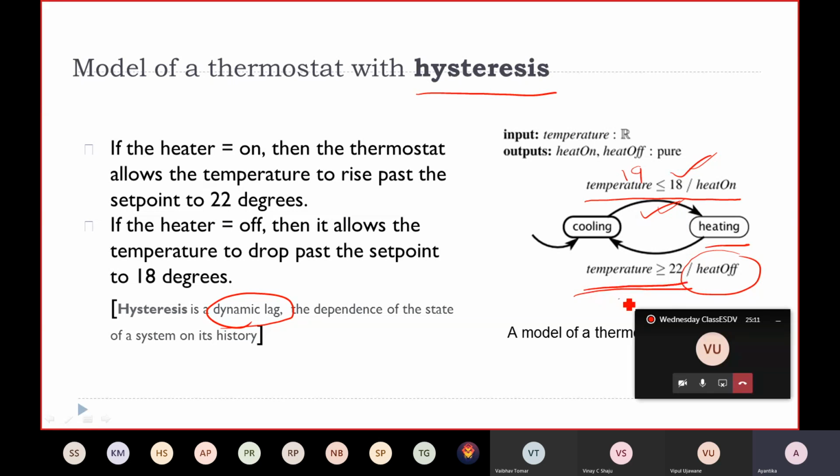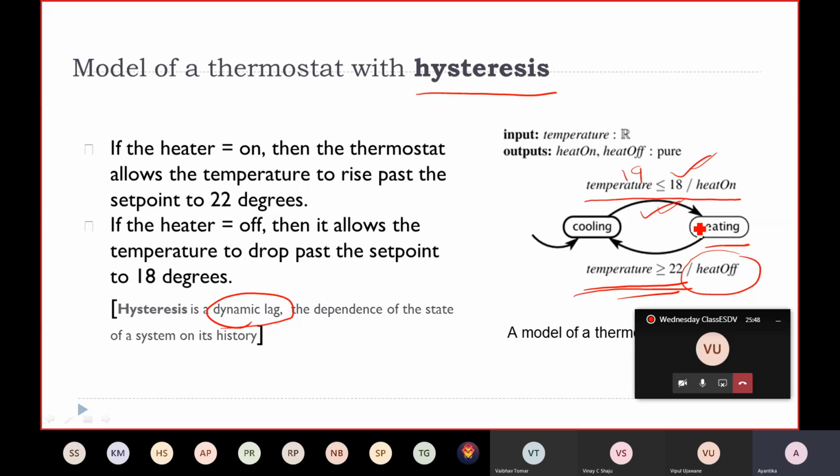Now this temperature is greater than or equal to 22. Then we understand, okay, we have to move from the heating to the cooling state. Or vice versa, if the temperature is getting lower, at that time maybe the cooling to heating state transition we will consider. But what we are trying to avoid in such cases, especially when designing this type of temperature control dynamics, is taking some instant decision. We are just considering a particular range that needs to be incorporated in our transition condition so that our system